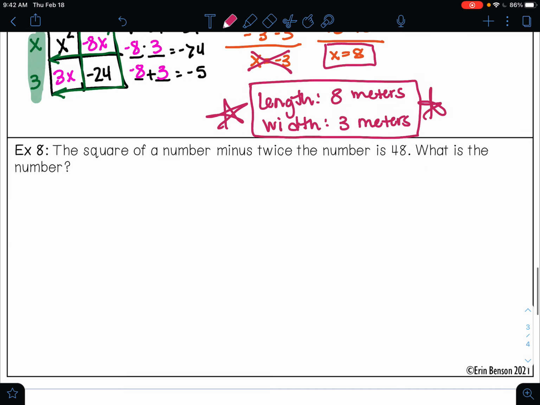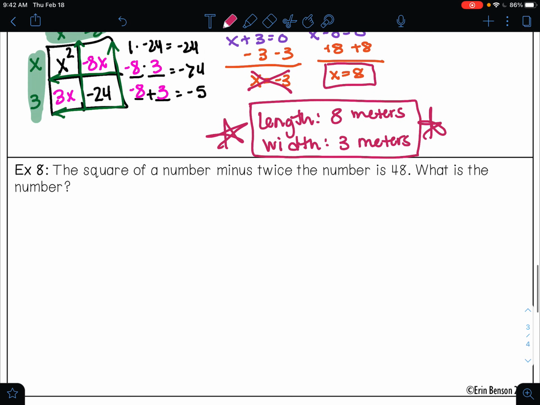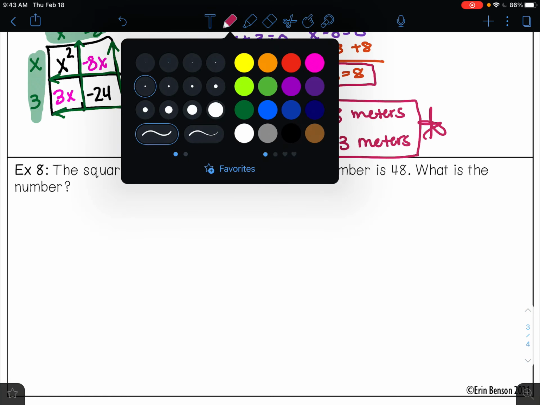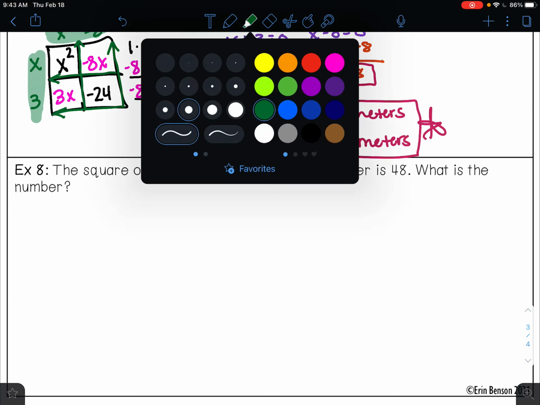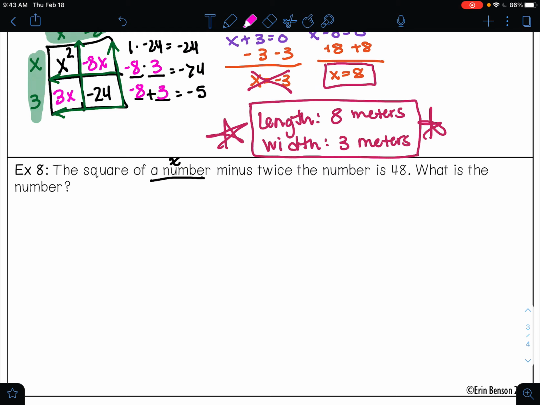Let's look at this last example. The square of a number minus twice the number is 48. What is the number? Well, I'm not sure what the number is, so I'm going to call the number x. So if I have the square of a number, well, that means that I have x squared